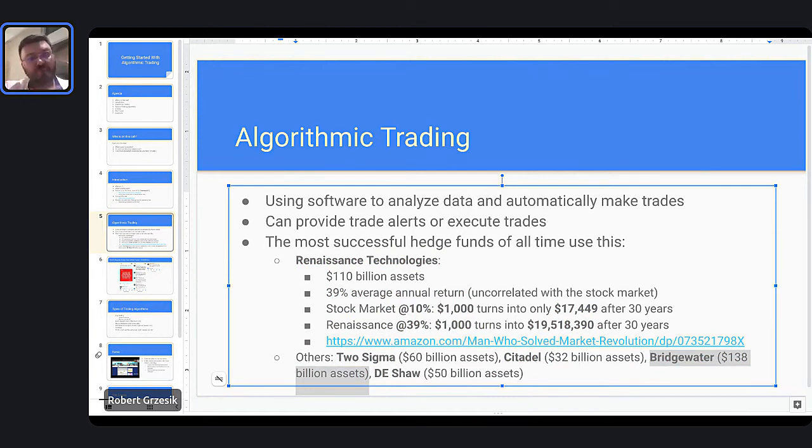But Ray Dalio, really, really smart guy. He has a great book written about him as well. Again, also one of the richest people on earth, right? And his company, Bridgewater, what they do is they don't actually place trades automatically. They do really more the first part. They use basically data to inform their trades. And I'll show you right after this.